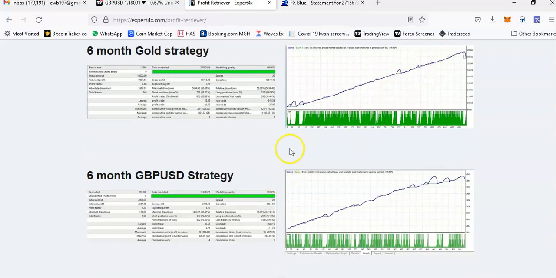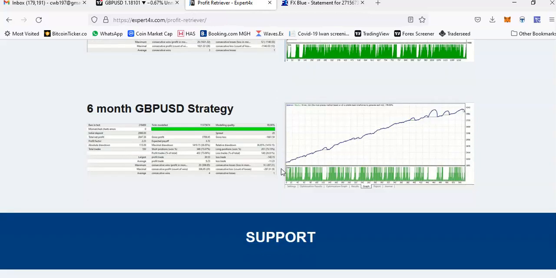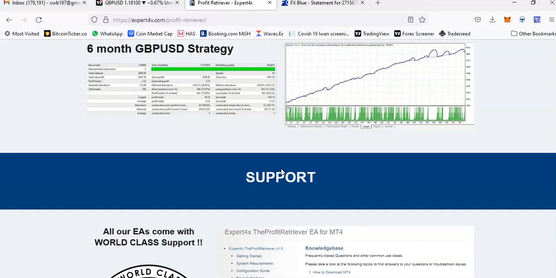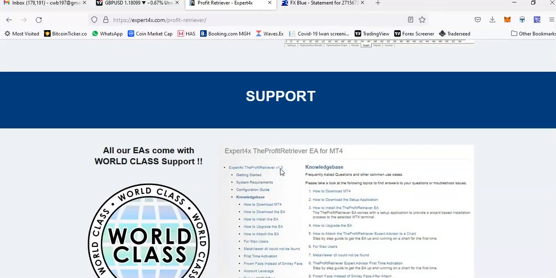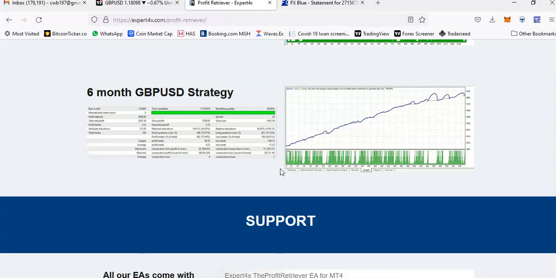So you can see these bubbles. It goes into a loss and then it recovers. And that's why it retrieves the losses that it incurs if it trades in the wrong direction. So you don't have to worry about it. You just put it on, and even if it starts trading in the wrong direction, it will still recover those losses. And that's why you need a big account, because it does have big